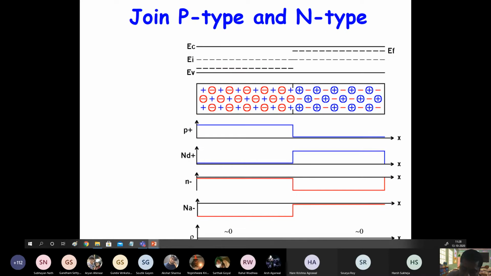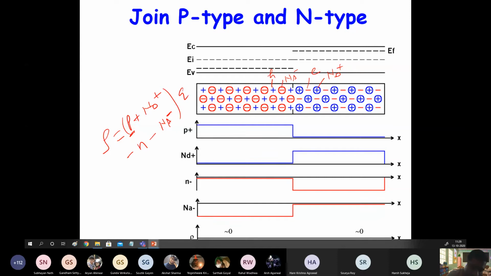this is a picture. Here the charges under circles are fixed charges. This is basically Na minus. The charge under the circle here is Nd plus, donor atoms, and these are holes and these are electrons, right? So if you look at the individual charge concentrations, the total charge density is hole concentration plus donor positive ions minus electron concentration minus acceptor negative ions, and the whole thing multiplied by q.